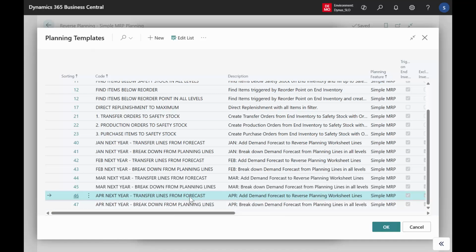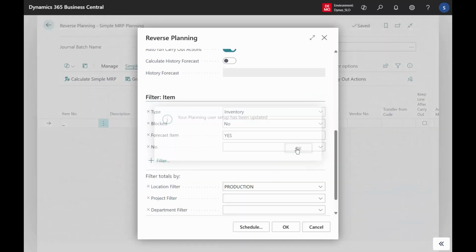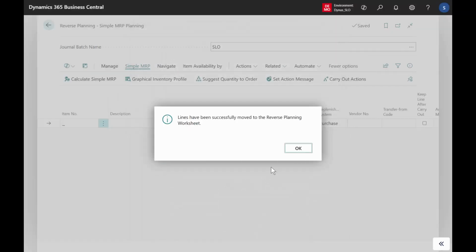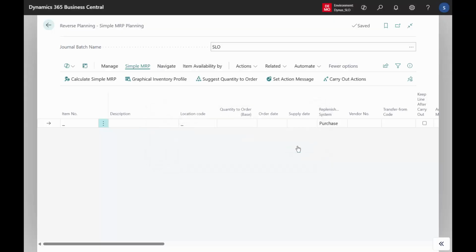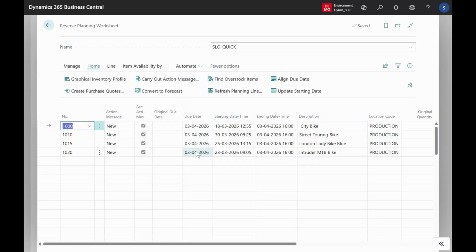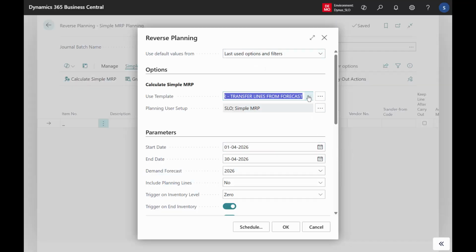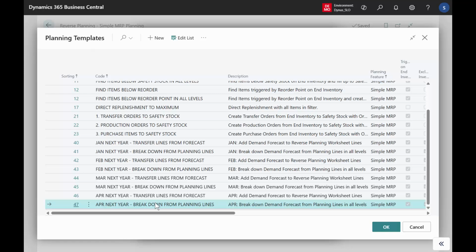I showed this in another video, how you can do it. So I'll just run quickly through this. First batch here is to calculate all the items that have sales forecast on them for next year. If I open my reverse planning worksheet now, I can see my sales items, very few here in the example for April month. If I run again the breakdown structure, I have a template here in April next year where